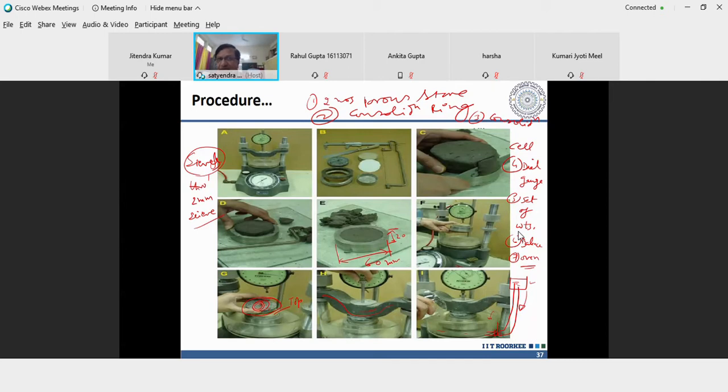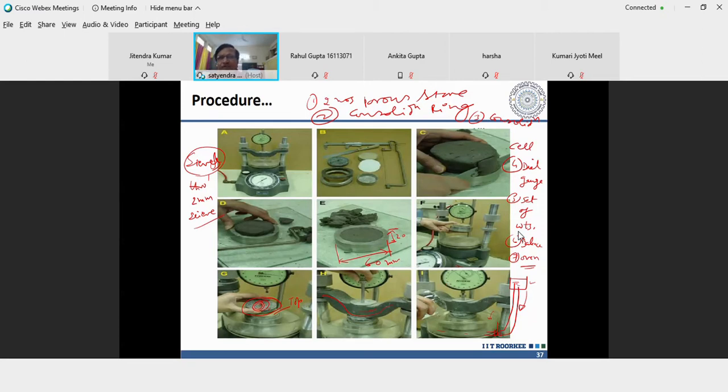This one test is conducted in 7 days' time. The soil sample is subjected to loading for 7 days. In my very first lecture of consolidation, I had told you that consolidation can take place even for 100 years. So we try to simulate the actual field condition in the laboratory also. And therefore, we cannot conduct this test for 100 years. None of you or me will be surviving for that much time. And you have to take your degree in 4 years' time.